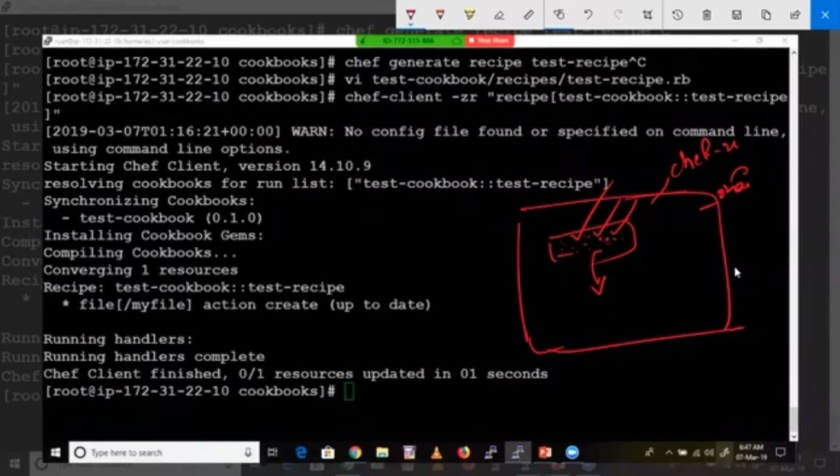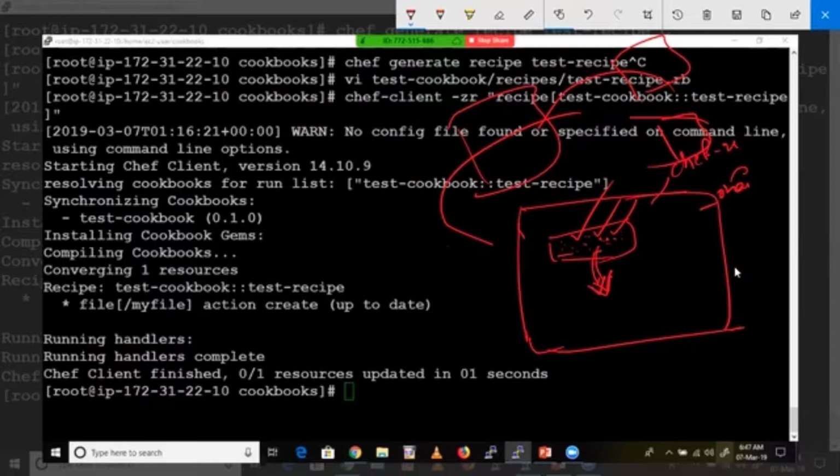Once you know each and everything about the coding part, how to write, how to create, since we are going to create so many recipes, once you are good with this code, then I'll go with this complex setup, server and nodes. Then I'll apply to server, then nodes. Since you are not familiar with this code, that's why I'm applying locally to avoid confusion. Okay, sure. Got it.